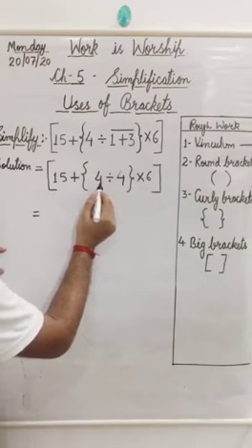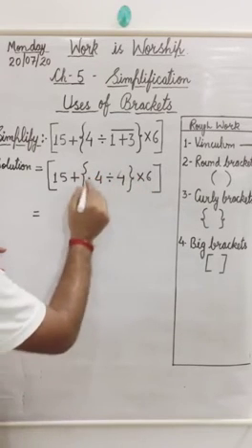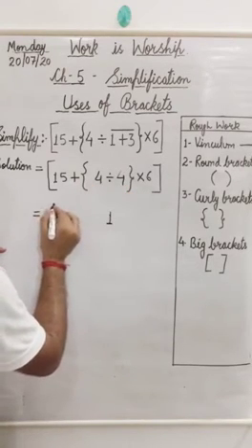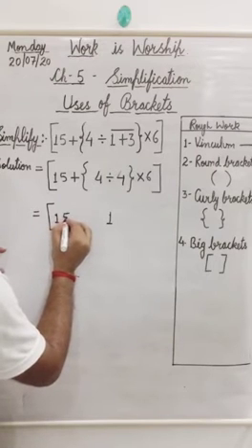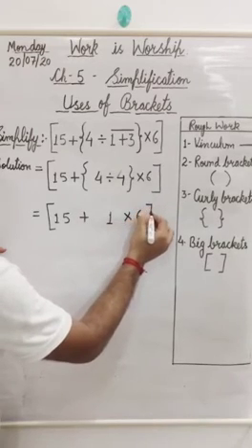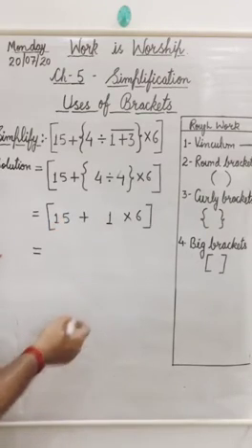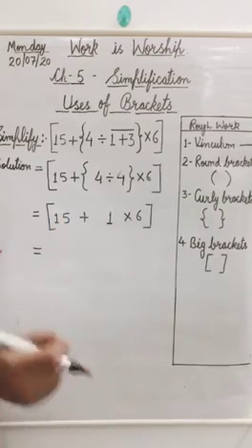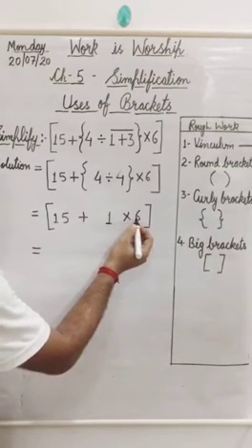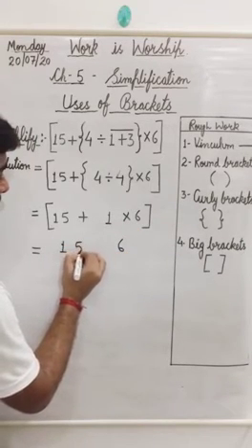So here is 4 divided by 4, which is inside the curly bracket. So 4 divided by 4 is 1. Now remove the brackets and write the rest of the problem as same as above: 15 plus 1 multiplied by 6 and then big bracket close. Now solve the next step. So here we have 1 into 6. According to the DMAS rule, which we have earlier discussed, firstly we will multiply. Okay, so 1 into 6 is 6. Then we will write the rest of the problem as same as above.